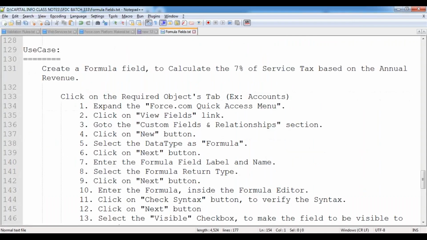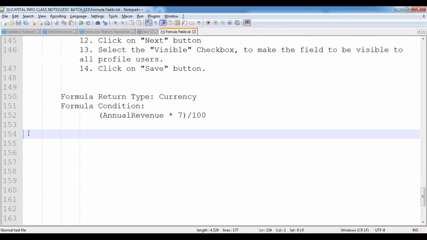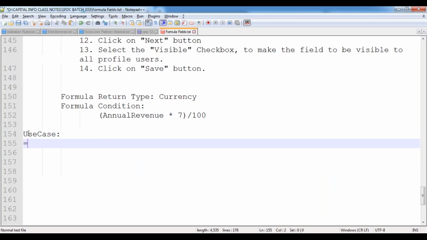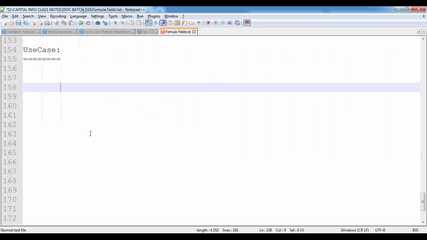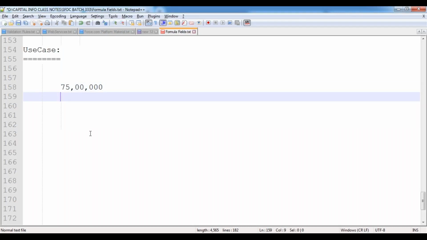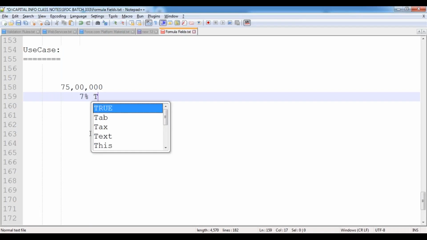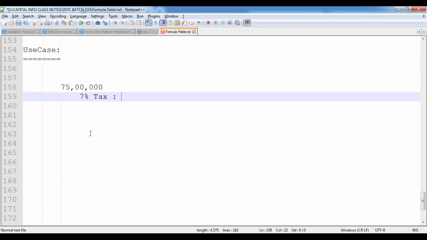Now let me create one more formula field. Let's come to one more scenario. Assume my annual revenue is 75 lakhs. From this, 7% of the amount I'm taking as tax, which will be 6,13,000.